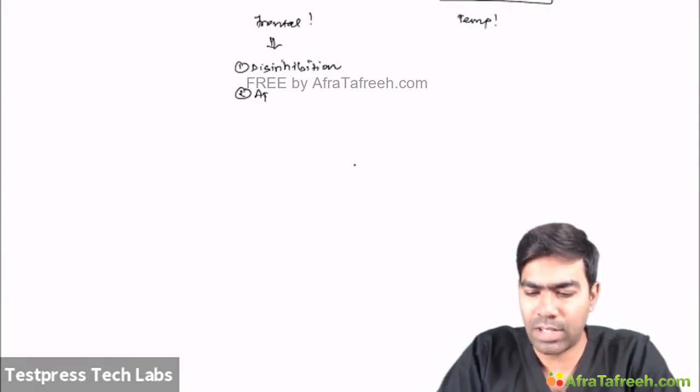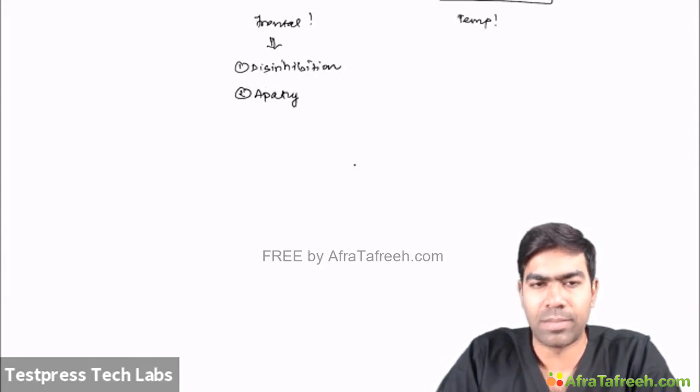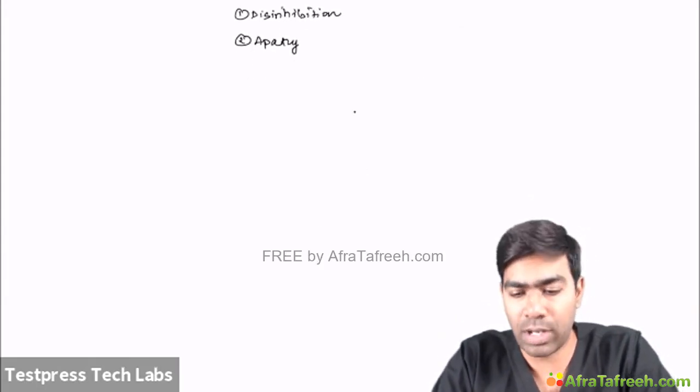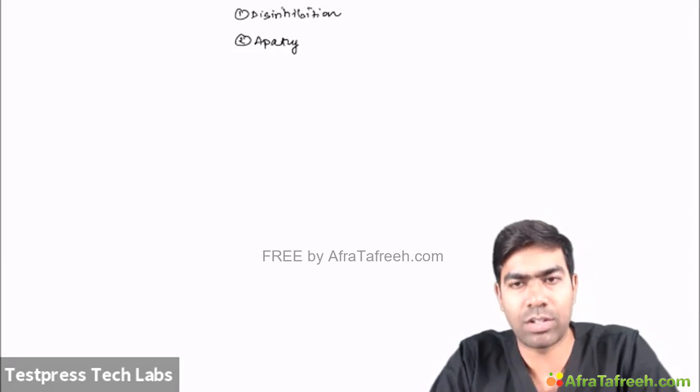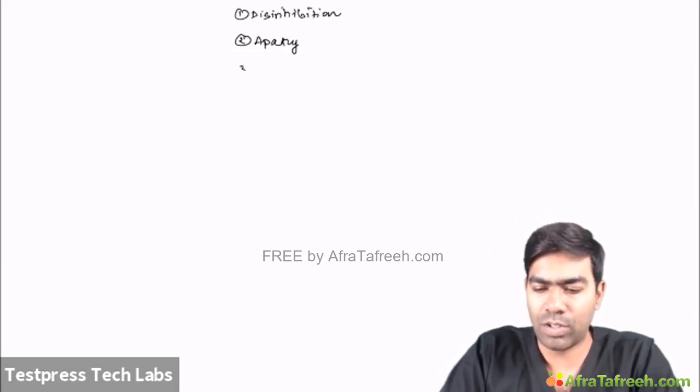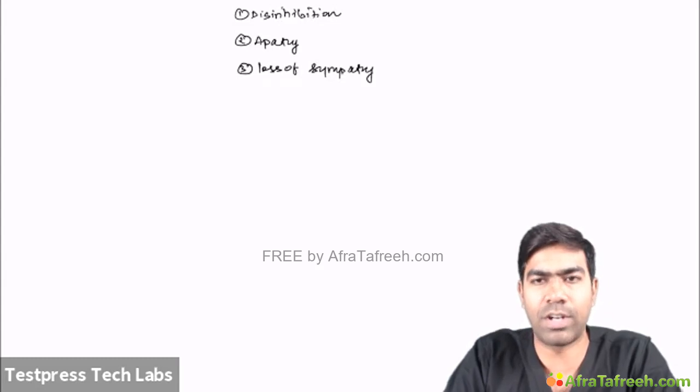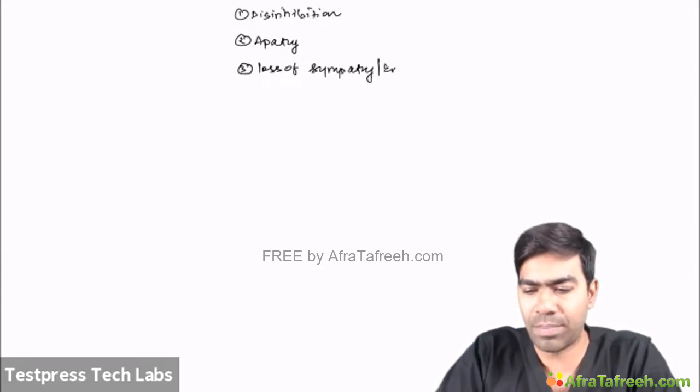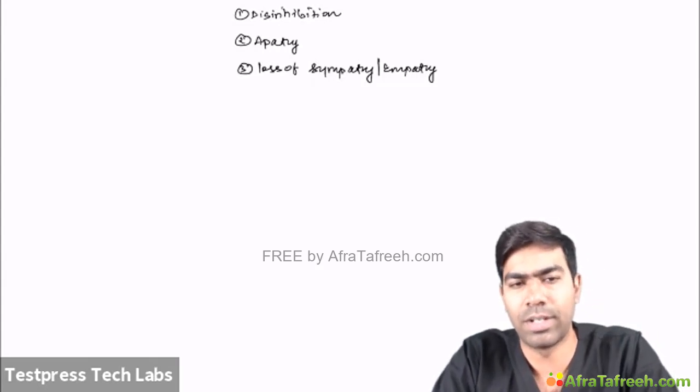And they can have severe apathy and abulia. Abulia means difficulty initiating a thought. So an extreme form is what we refer to as apathy. And they will also have loss of sympathy, in the sense that they won't have any kind of sympathy, and that can also translate to a disinhibitory or antisocial behavior. Sympathy, empathy will be lost. Once again, it's an important function of the prefrontal cortex.